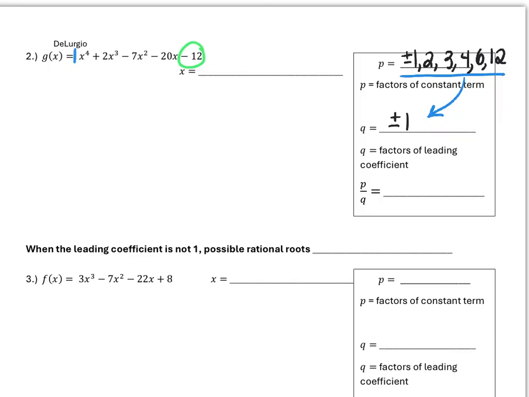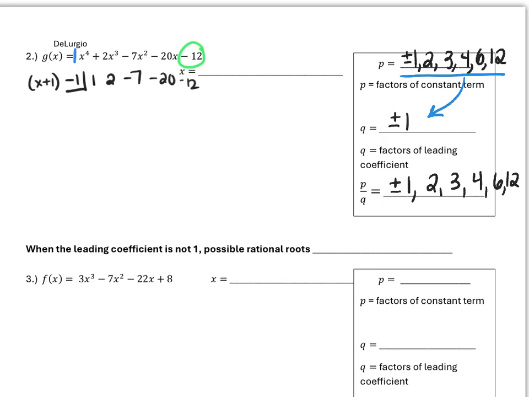So then we're going to take all of my p's and put them over q to get my possible rational roots. So we're just going to have everything over 1, which just basically repeats our p-values. 1, 2, 3, 4, 6, 12. These are all plus and minus, so we have to test the positive and negative possibilities for each of these. So let's start with x plus 1. If we start with x plus 1, do the synthetic division,